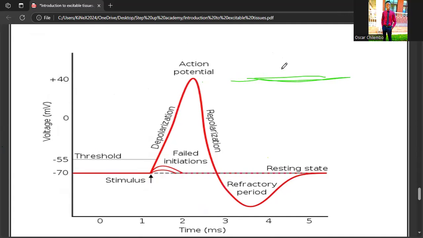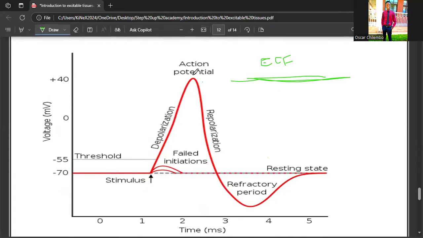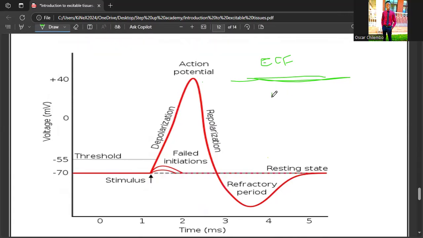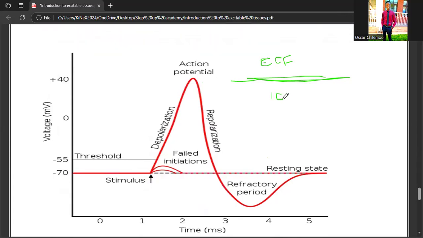This green line will act as a cell membrane. Then we'll assume that this is the ECF. Then inside, we'll look at it as the ICF, meaning intracellular fluid. Okay. So mostly,